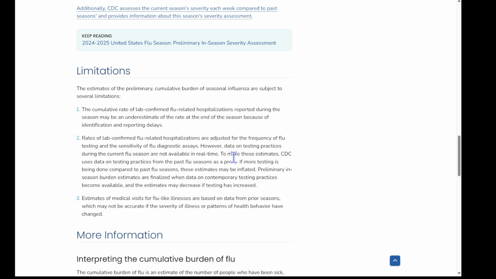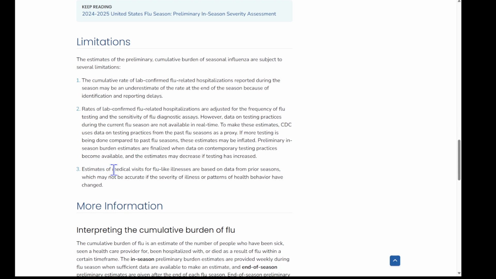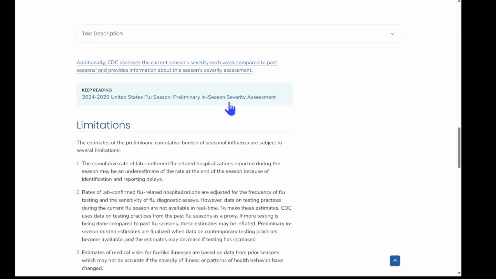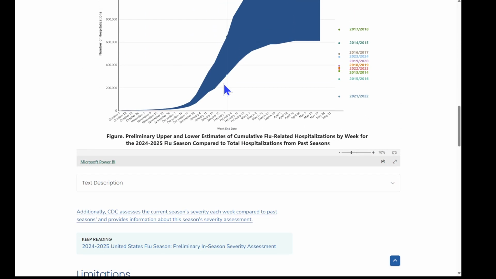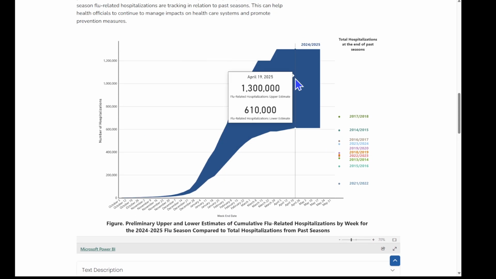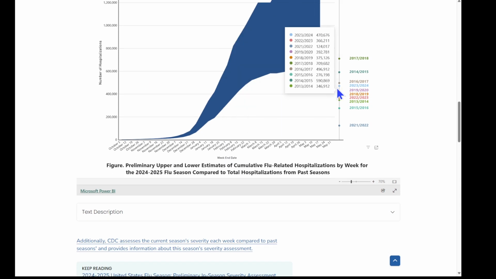from past flu seasons as a proxy, if more testing is being done compared to past flu seasons, these estimates may be inflated. For example, estimates of medical visits for flu-like illnesses are based on data from prior seasons, which may not be accurate if the severity of the illness or patterns of health behavior have changed. Which for this particular season, they were not expecting such a severe season, but we've had one, so we can't really expect the same